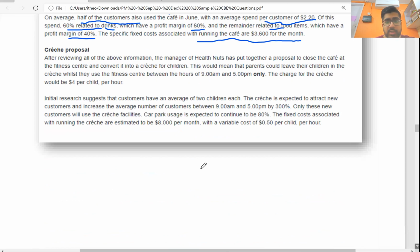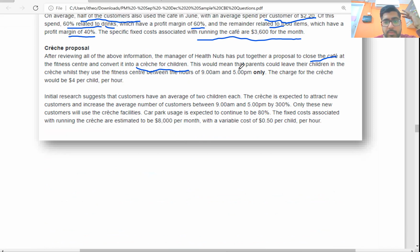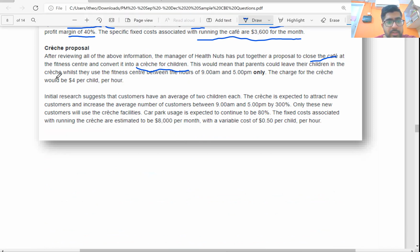Now there is something mentioned, crucial proposal. After reviewing all the information, the manager of Health Nuts has put together a proposal to close the cafe at the fitness center and convert it into a creche for children. Creche is basically a babysitting area. This would mean parents could leave their children in the creche play area while they use the fitness center